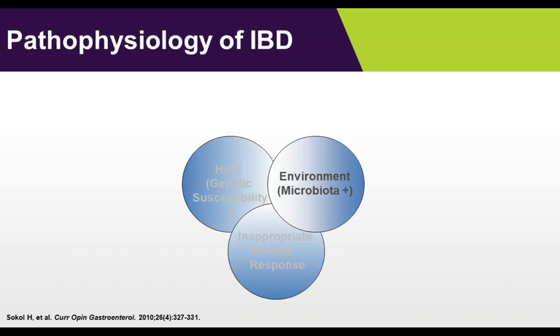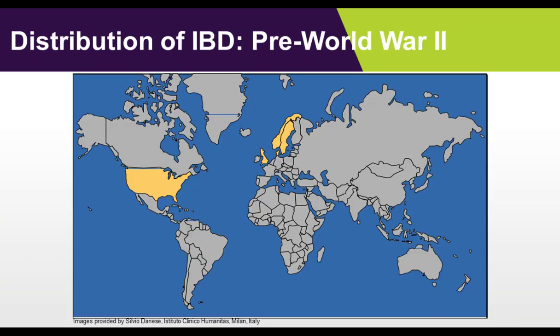So first off, what's going on in IBD in the world? Well, these are relatively new diseases. Crohn's disease was not described until the 1940s. There's been a history of colitis and ulcerative colitis going back many decades. But as you watch the epidemiology, and I would bet dollars to donuts, it's the same for RA or for